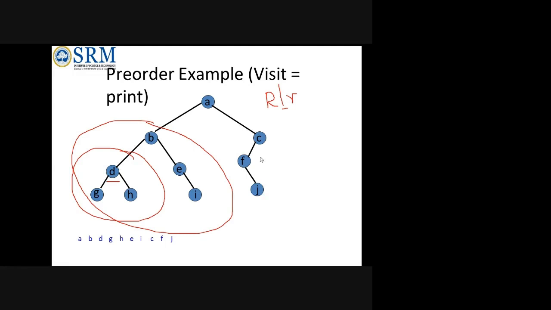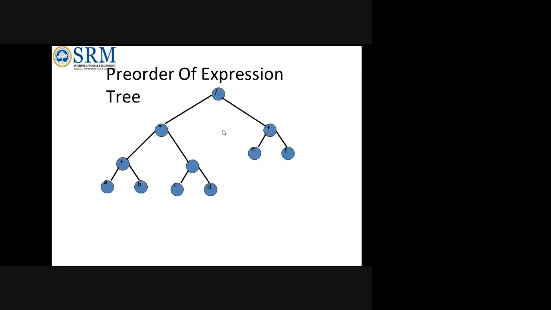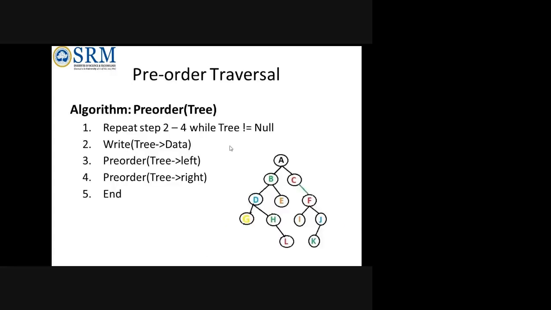Look at that very carefully. This is for the expression tree, the same as your previous one. Now see this example very carefully. Based upon the steps, it will move. Now see here. First A is taken, the root node, the data of the tree. It has printed A. Now it will go to the left, B.